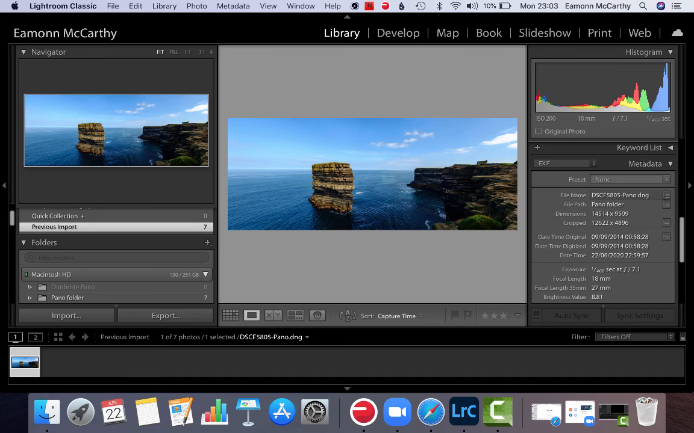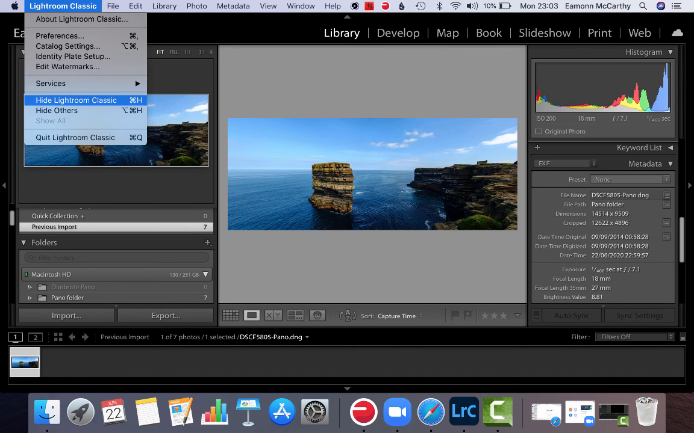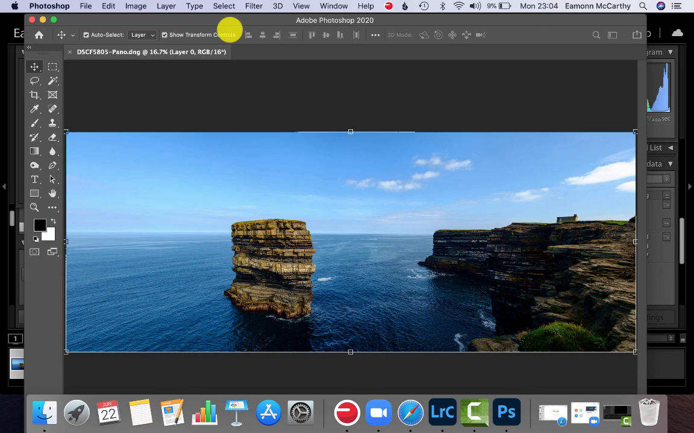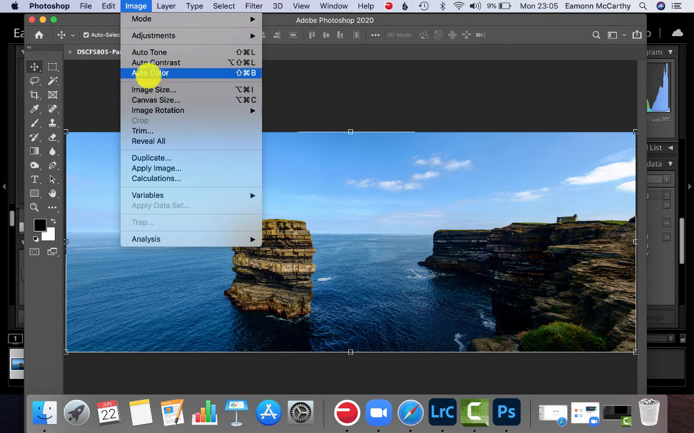To see how big it'll print, we'd have to put it into Photoshop. Now the photograph is now opening in Photoshop. It's quite slow because it is a large picture. It's a large file. So you could become stuck, depending on how good your computer is. You might find this takes quite a while. So there it is. And now if we just look at the image size,